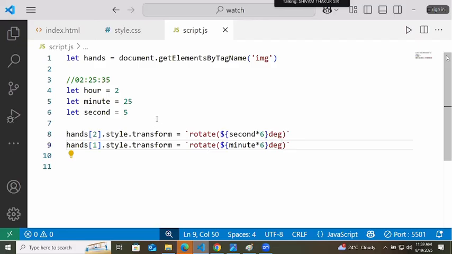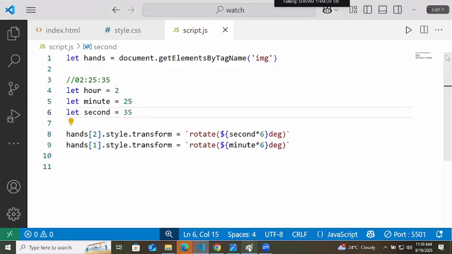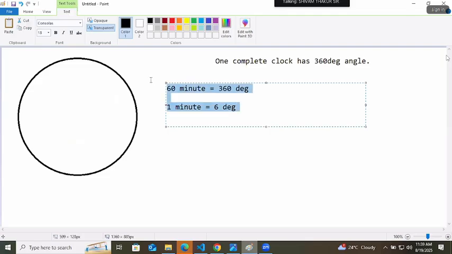We can write 25 minutes and 35 seconds. Is the watch showing the correct time or not? 25 minutes and 35 seconds. Showing correct? Are you sure? Sure? Okay.